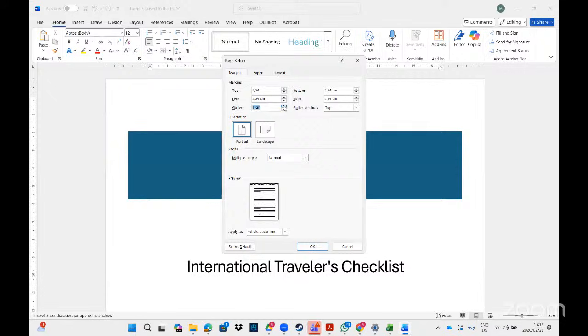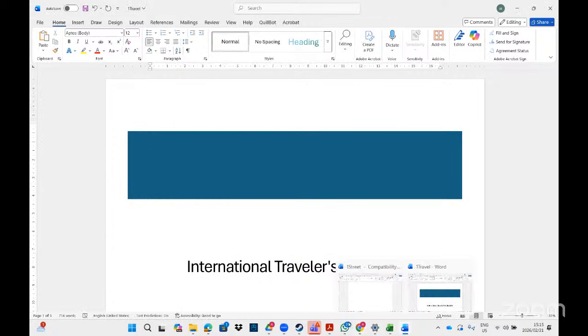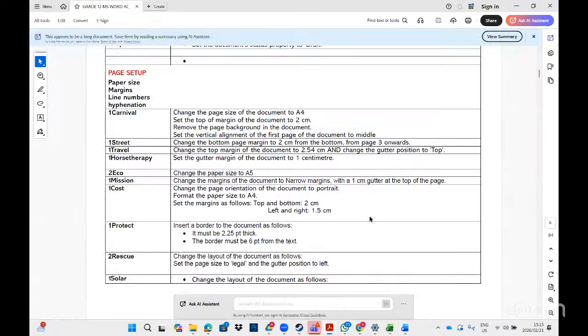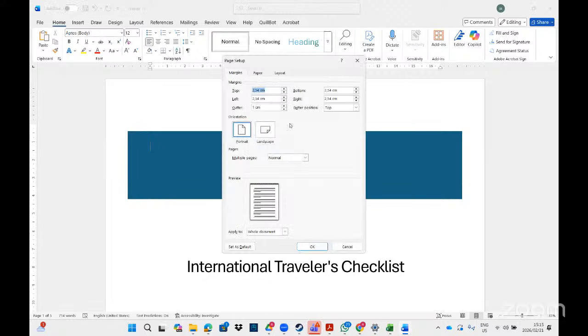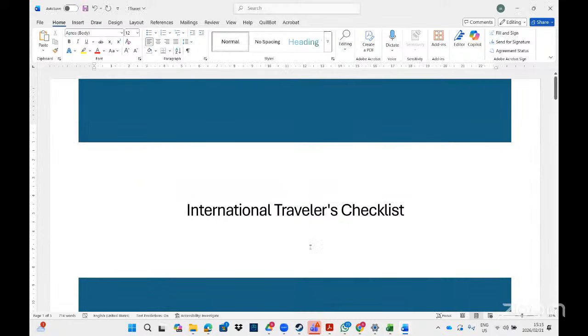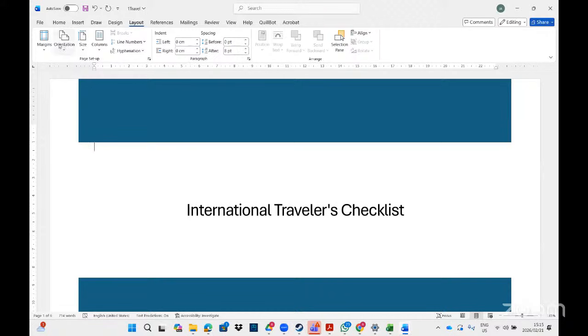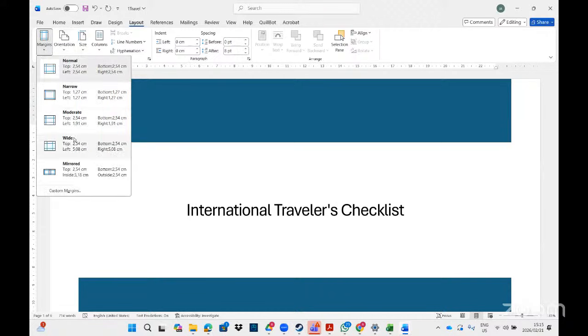So basically, that's how we set the margins and then also the vertical alignment. So all these questions that follow, these are the other activities you can also do. Change the page orientation of the document to portrait. So if they ask you to change page orientation, again, you can double click and then you see orientation to landscape. But the only aspect that you have to also take note of, if they say change the margin to wide